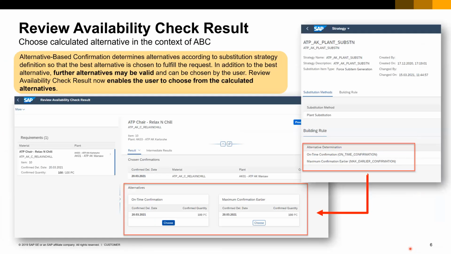What do we see here? If we have ABC active, and you know that in the alternative-based confirmation, we have these different strategies to choose which is the best alternative. And this can be based on one-time confirmation or full confirmation or max earlier confirmation. If you have chosen in your setup that in this case, you only accept on-time confirmations, for instance,